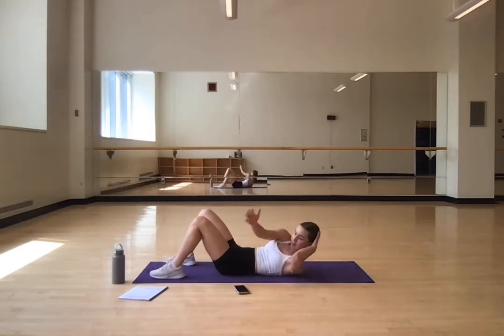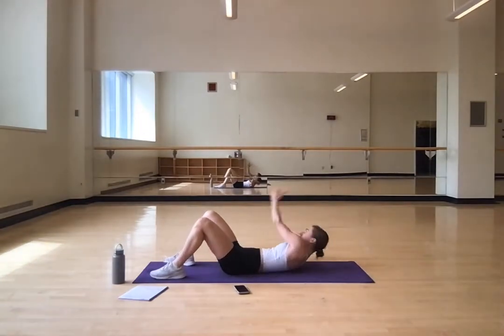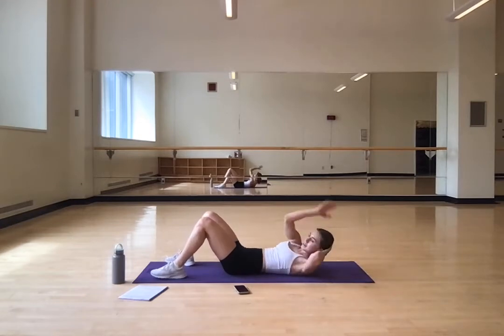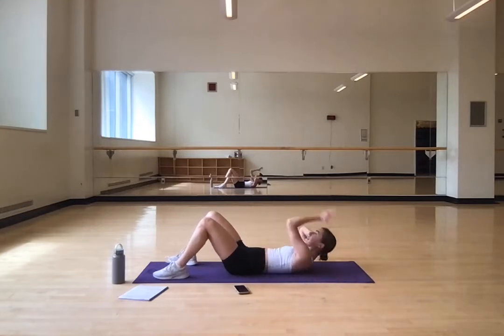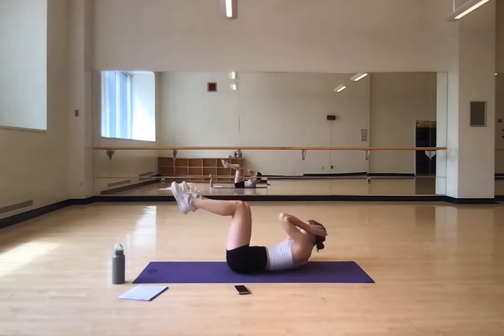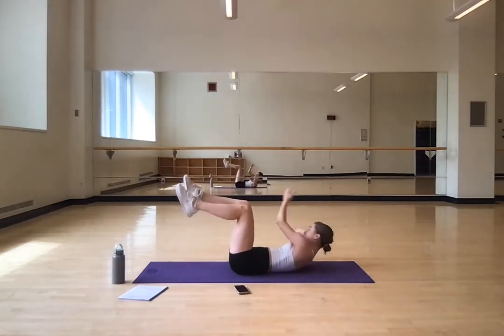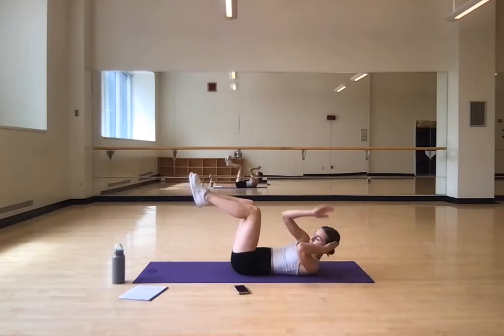Here we go, crossing side to side. Really feeling that twist through your obliques to get yourself around. And supporting your head if you need to with your other hand. If you want a little bit of a challenge for this last 30 seconds, try lifting your feet off the ground. You might get a little wobbly, but try and stay centered. Even if your feet are still on the ground, try and stay super centered and not wobbling from side to side. We've just got 7 seconds left